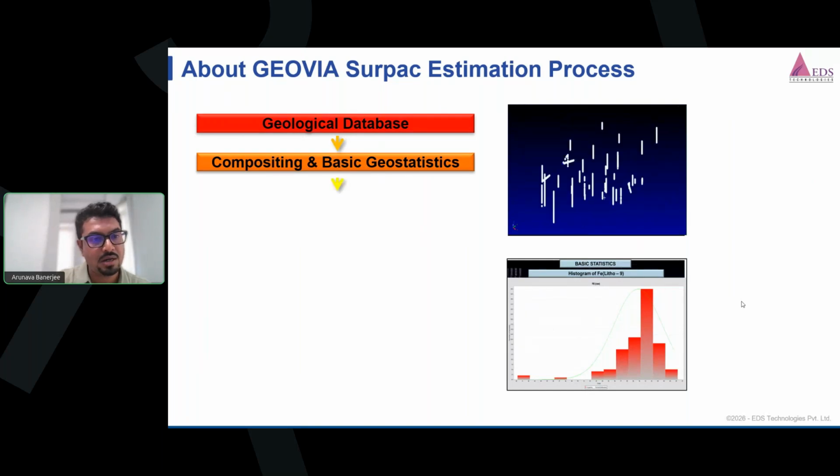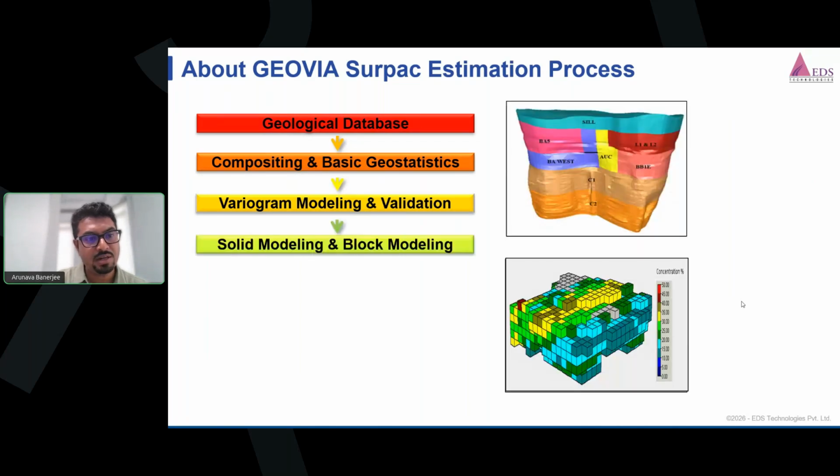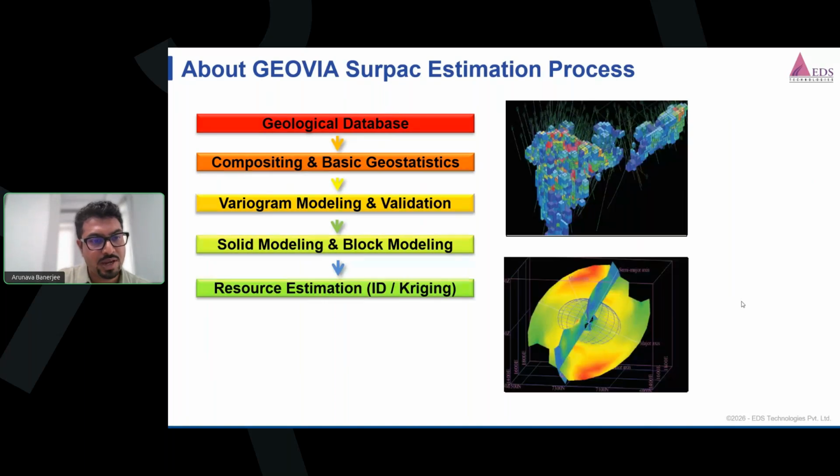And then start the variogram modeling to search the exact validated parameters. After validation, we can fix the parameters like plunge, bearing, dip, major to semi-major ratio, major to minor ratio, nugget, sill, range, and everything. And once it is fixed, then we identify the domain, and then we can start the solid model after sections, then block model validations, and block size we can decide, and then resource estimation using the inverse distance method or kriging method or nearest neighbor, ordinary kriging or simple kriging we can use for